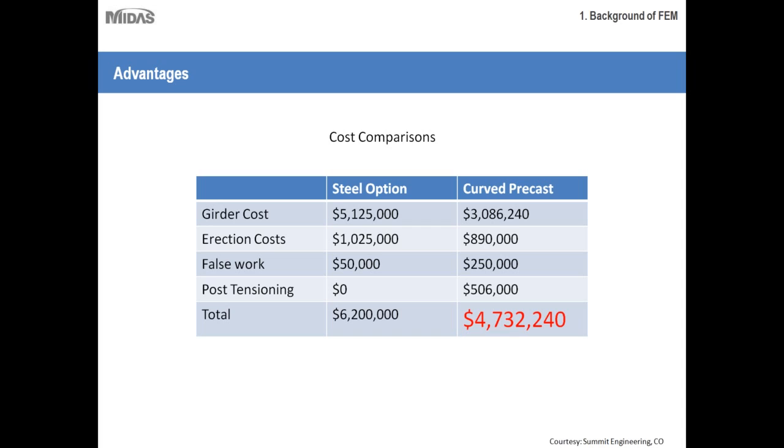And post-tensioning, steel doesn't need any post-tensioning, whereas curved precast girder needs post-tension. So even if you take everything into account, add everything up, you will still see curved precast girders are much more economical as compared to their next best option, which is steel. And for